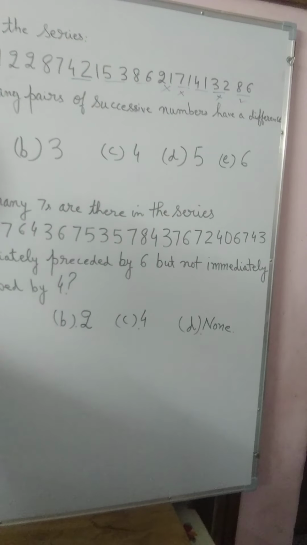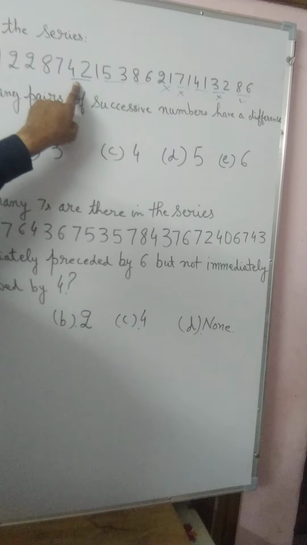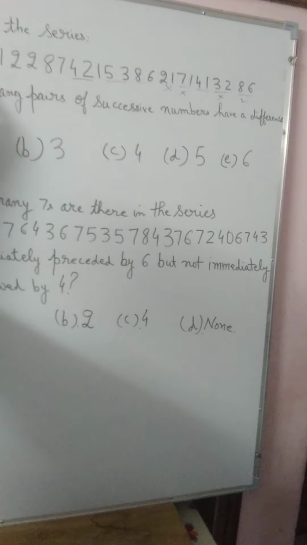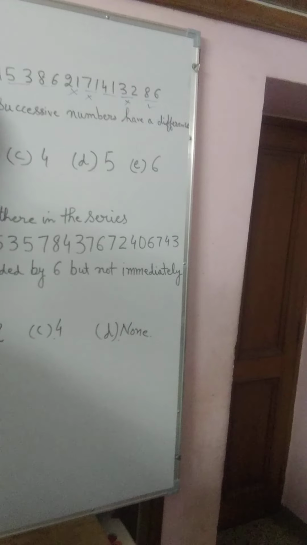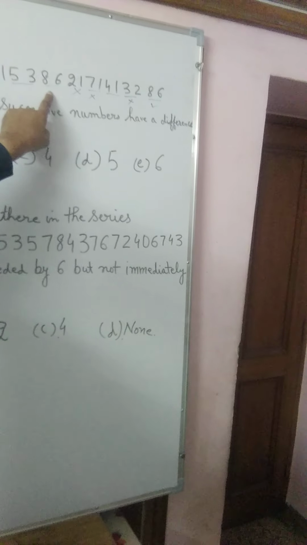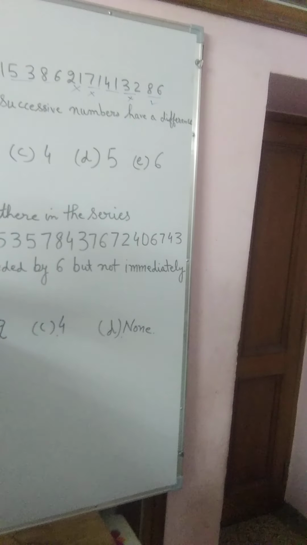So we have one pair here, 6 and 4. Another is 4 and 2, and next is 8 and 6. So there are pairs which give the correct answer, that is, the difference of two numbers, one preceding and another succeeding. The two numbers 6 and 4 give 2. Then 4 minus 2 gives 2. 5 minus 3 gives 2. And then 8 minus 6 gives 2. And 8 minus 6 again gives 2.